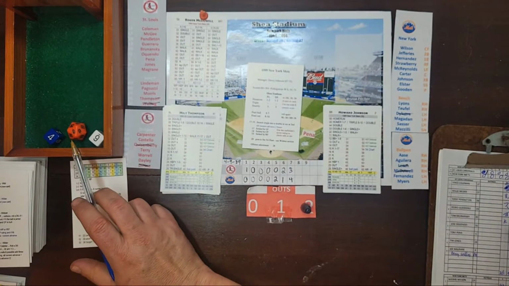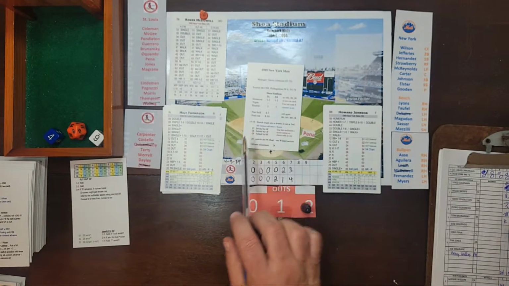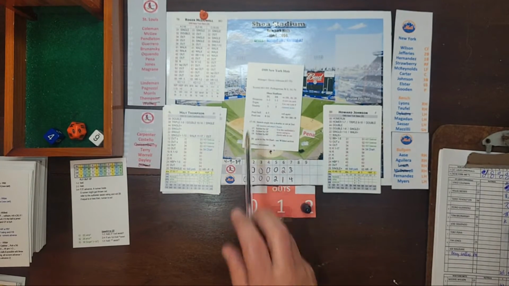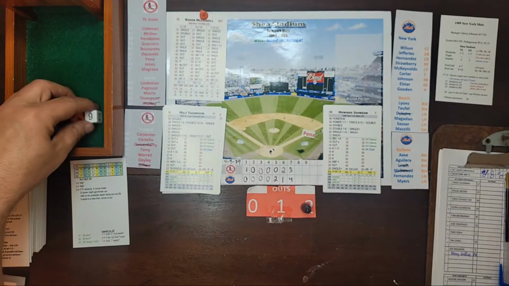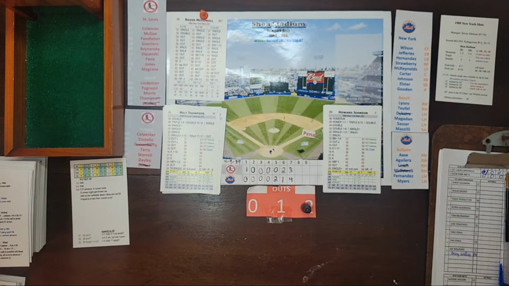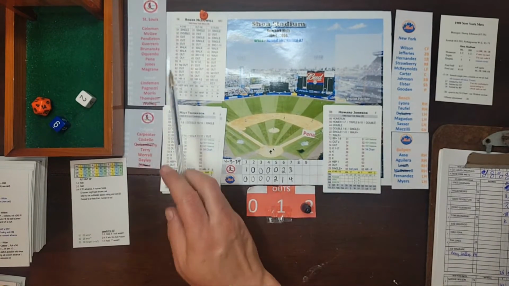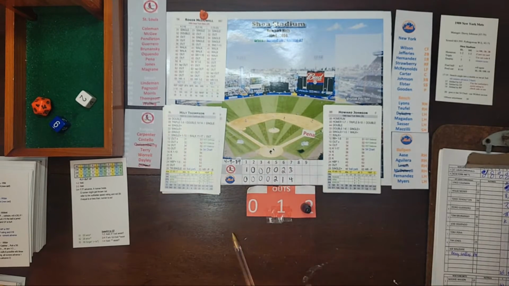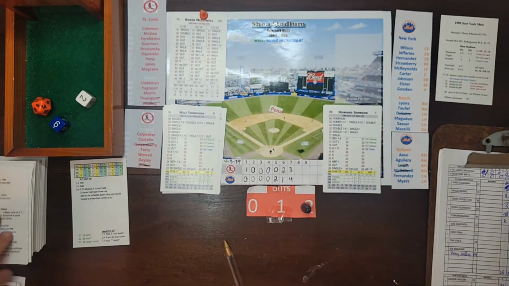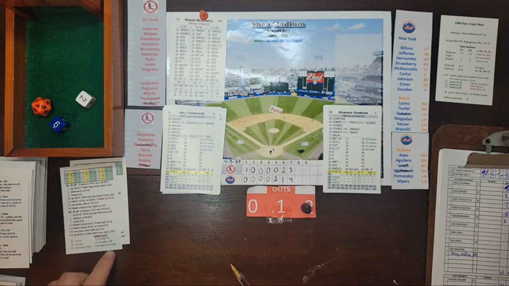That is a 6. Lefty 6 is a foul ball. So we're going to roll again. He gets another chance, another swing. So Thompson gets another crack at it. 62, and McDowell's on his B grade. That's a wild pitch, but then it's going to be an out. So Pena will move to second on the wild pitch, but Thompson's going to be out, and it's going to